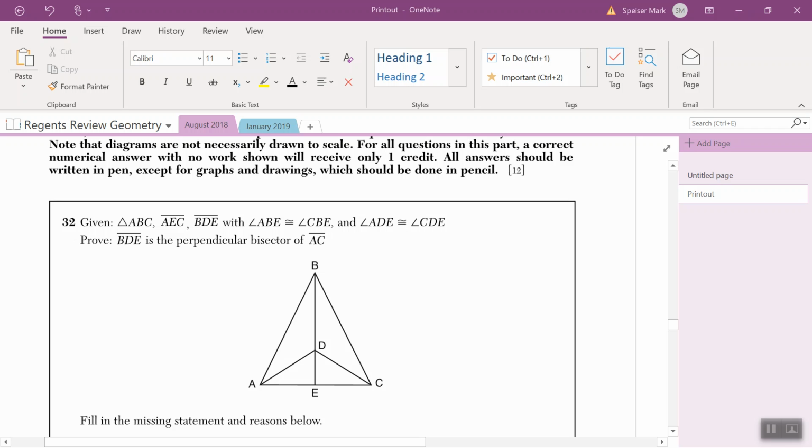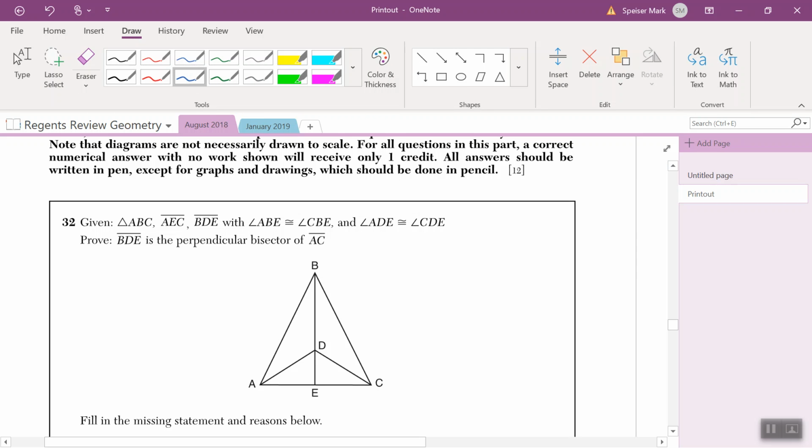Question 32. Given triangle ABC with segment AEC and segment BED, with angle ABE congruent to angle CBE and angle ADE congruent to angle CDE. So let's mark off those given angles. ABE is the same as CBE, and ADE is the same as CDE. Prove that BDE